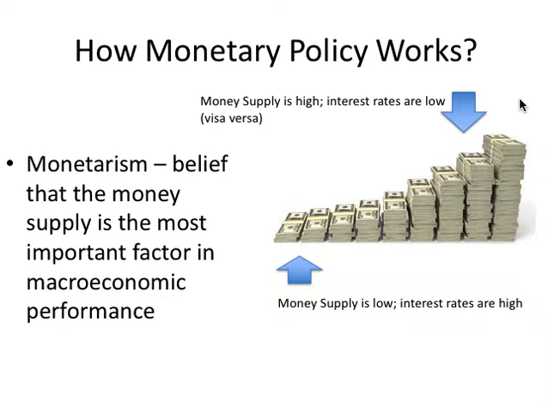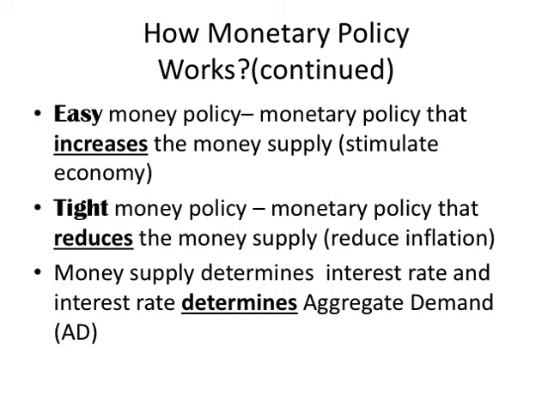And because of the interest being accumulated from the loans, if it's low, there's less interest being paid by the consumer, which means they have more opportunity to go out and buy things. On the flip side, if they have a very high interest rate, more of their money supply is going to the interest, which means that they have less money to go out and spend. So that's the difference in monetarism.